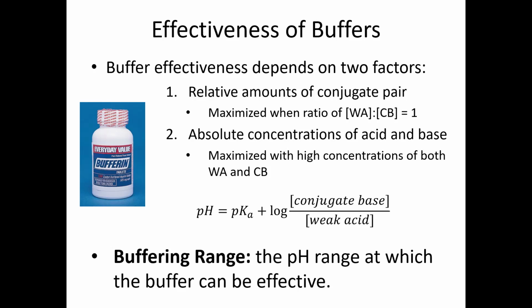We don't want that log function to all of a sudden get really large or really small. So we take those two things into consideration, then we can work on what's called the buffering range. And the buffering range is the pH range at which a buffer is effective. I think that's really what it is. And so it's maybe a pH of 6 to a pH of 8, right? Or a pH of 7.5 to 9.5, but we've got this window at which a buffer is effective, and